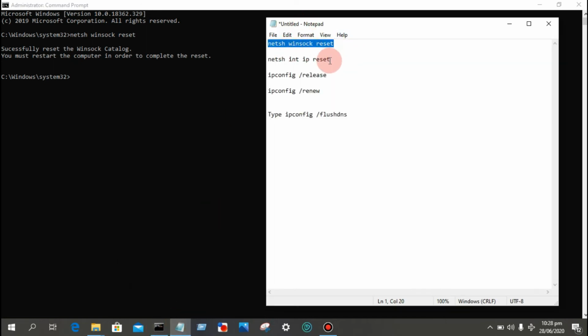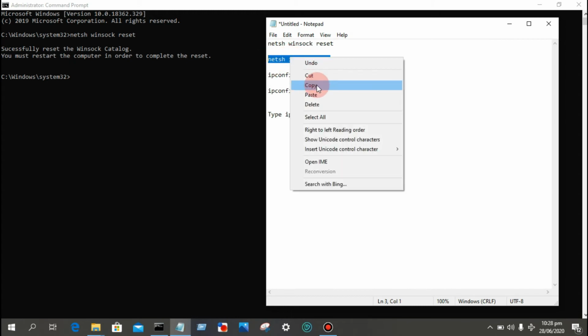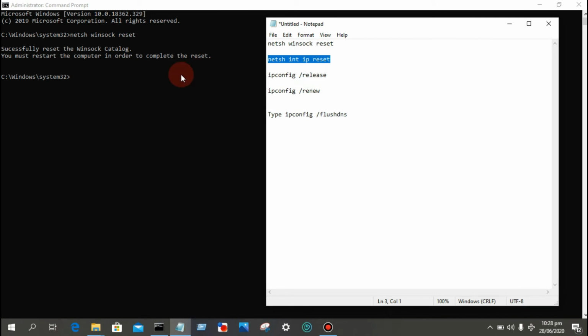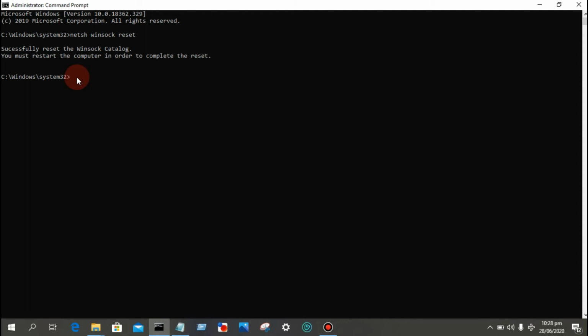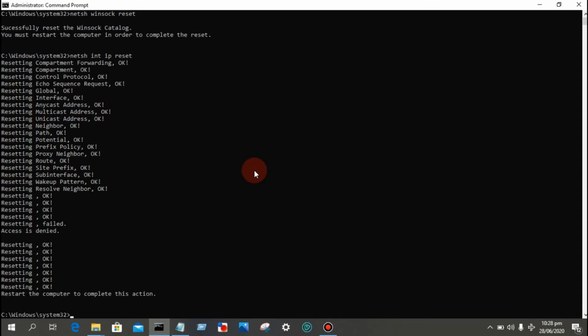Now the second one is IP reset. Most times I don't like doing this. I don't like changing my IP so that it won't look like I'm spamming some website also. But for this tutorial we have to do it. Now let's paste it, enter. Good. As you can see,